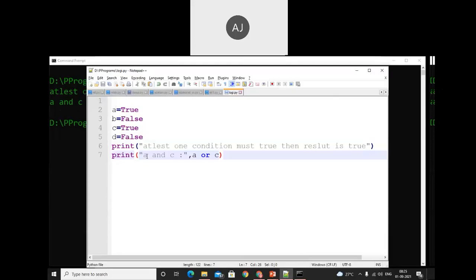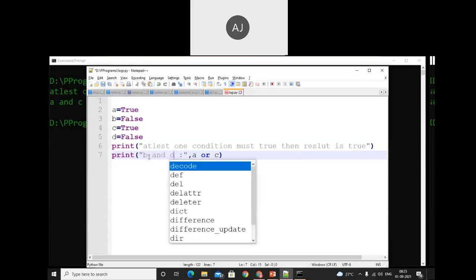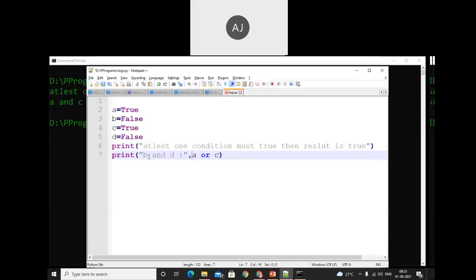Now we are trying to use both false values. So now here I'm using B and D. In that case, B is false and D is also false. So here the condition is not applicable. Why? Because we require at least one condition as true, but in that case B is false and D is also false.